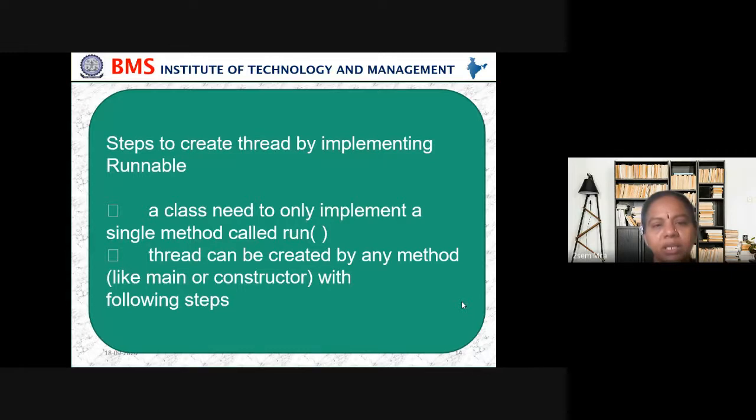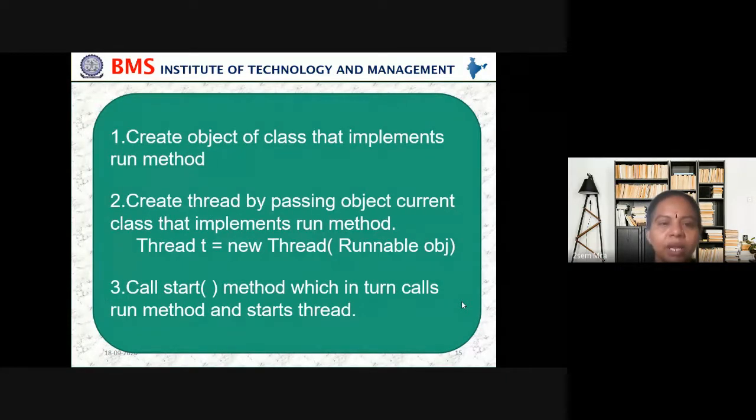Steps to create a thread by implementing runnable. A class needs to implement only a single method called run. A thread can be created by any method, like main or a constructor, with the following steps. Create an object of the class that implements the run method. Create a thread by passing the object of the current class that implements the run method.